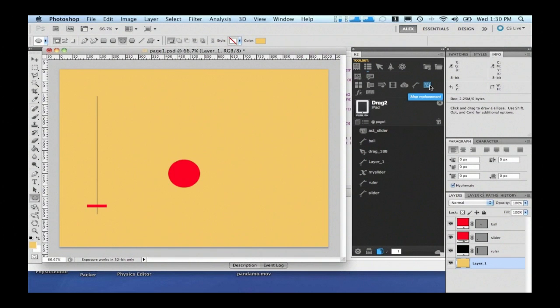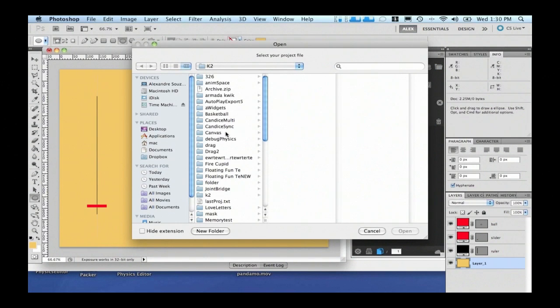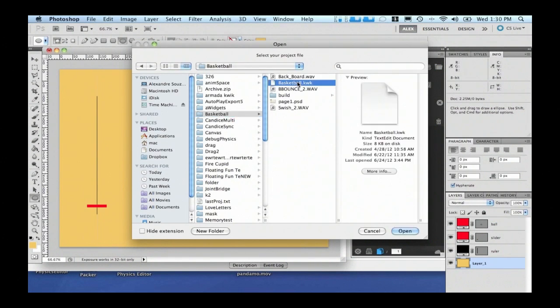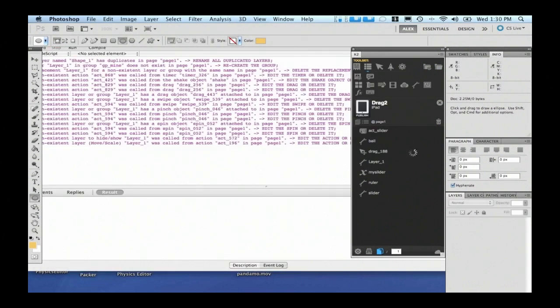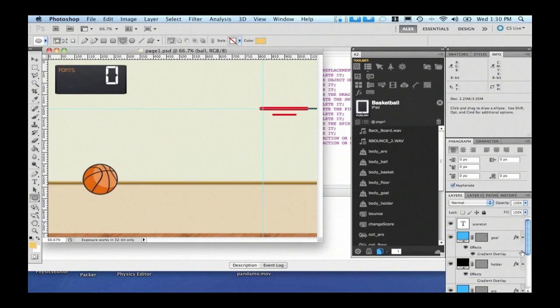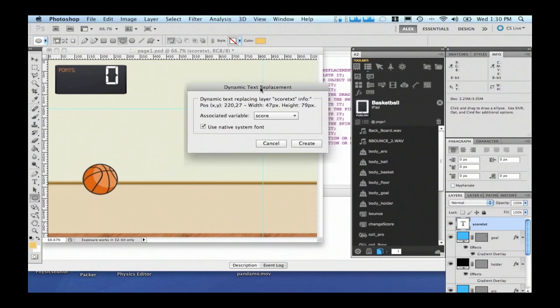Also, I have map replacements here. And two new things. The first one is dynamic text replacement. This is the one that I've been using, for example, in the basketball example for the score. So you come to the score text. This is the one. And I come here and say, you know what, this is going to be a text replacement.